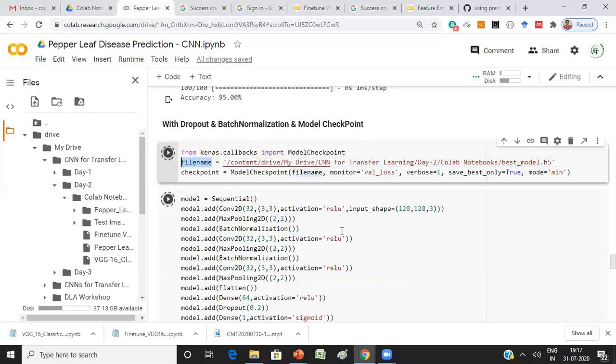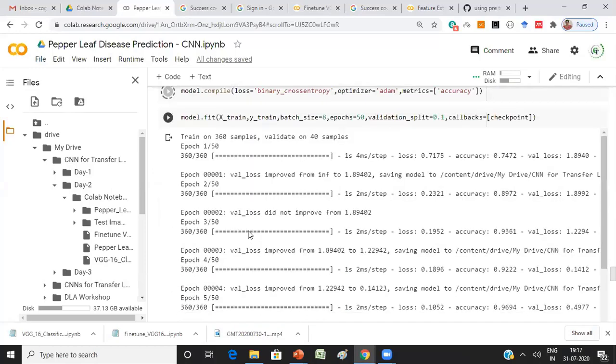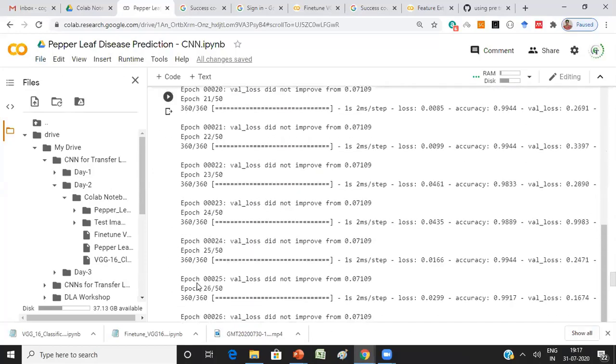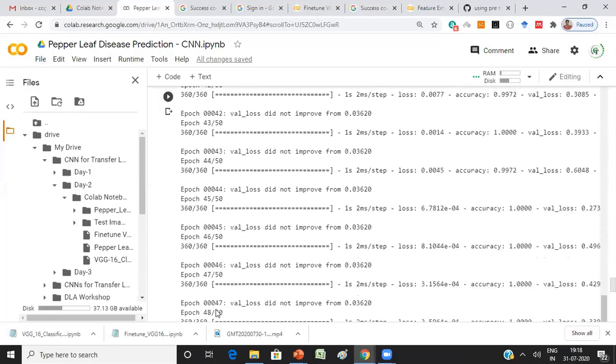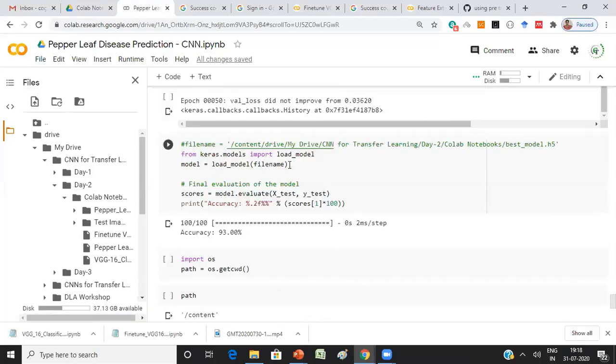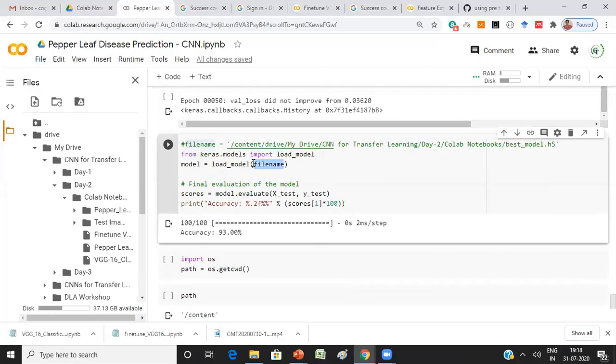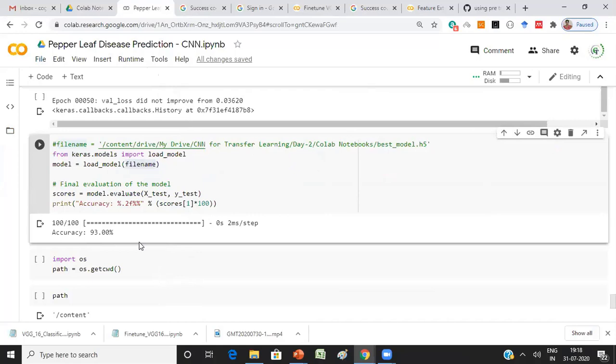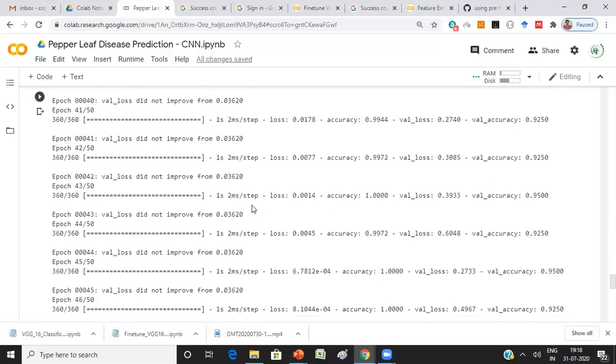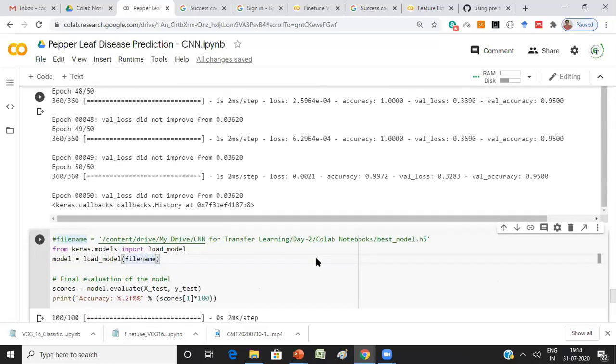This file name is a variable and you are passing that to the checkpoint while creating the checkpoint, and while loading your model, you need to load from that file. So here if you observe, just pass that variable which contains the full path, that's all. Okay, ma'am. So in the file name we need not write anything because the file name already has that address. Nothing is required because the file name already has the path. So that is how you can do. Thank you, madam. That's all.